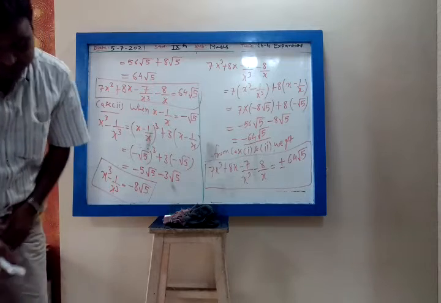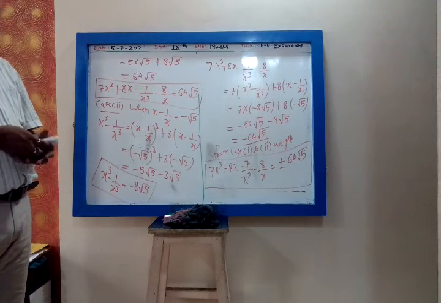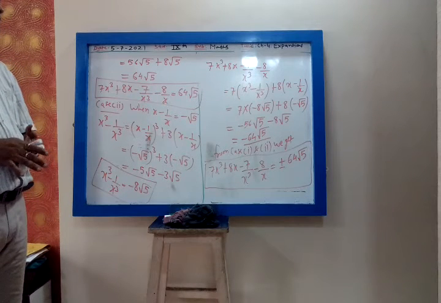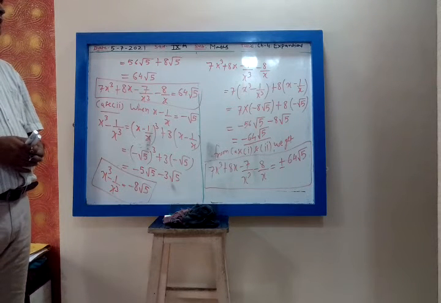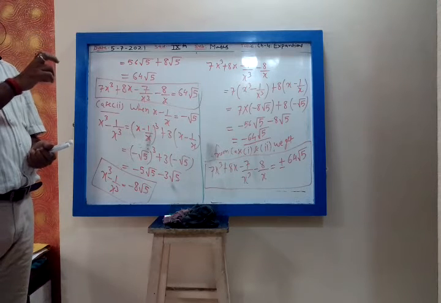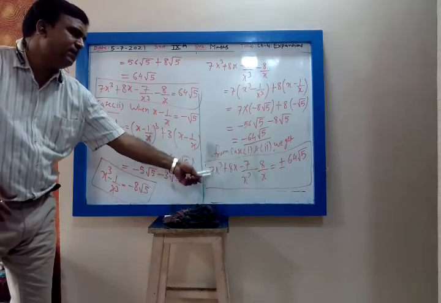Okay. Is it clear? So don't see the calculation, how big the calculation is. You see the steps. Each and every step should be clear. x minus 1 upon x is plus minus root 5. So for each case, I have to find x cube minus 1 upon x cube separately. And then this value we have to find separately.